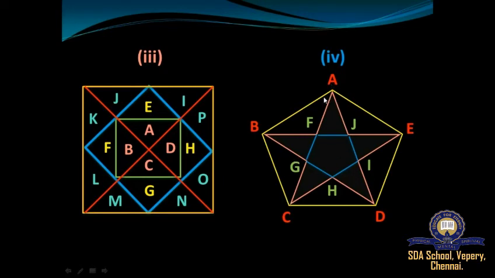These again form 10 triangles. So totally we have 13 triangles till now, and the other triangles are